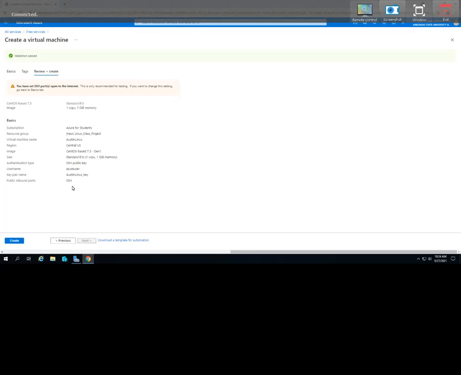You know, set SSH port open to the internet. This only is recommended for testing. If you want to change this setting, go back to basics tab. We want that to be open. In reality, what you'd want to do is once you deployed out a machine, you go into your Azure network and you,